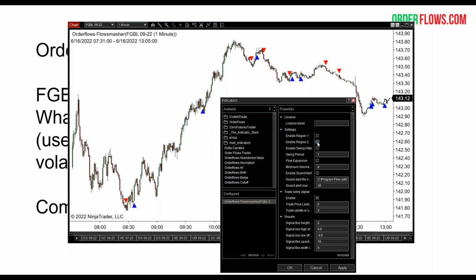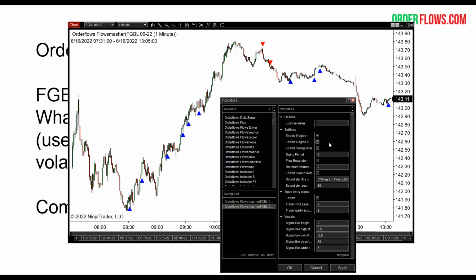If I were to go to region 2, right, it's going to be a different set of signals because it's looking at different areas in the order flow and doing different comparisons, right? That's what it's comparing, not just what's happening in this bar, but it's comparing the current order flow with previous bars. Okay, so again, you can still see it's sort of keeping you on the right side of the market. Now, if you want to compare them together,